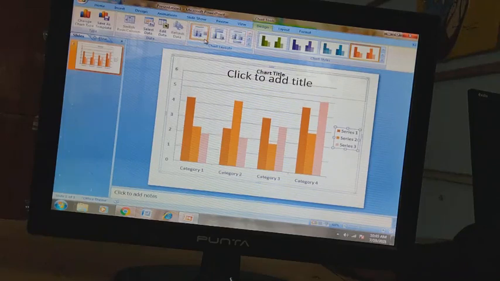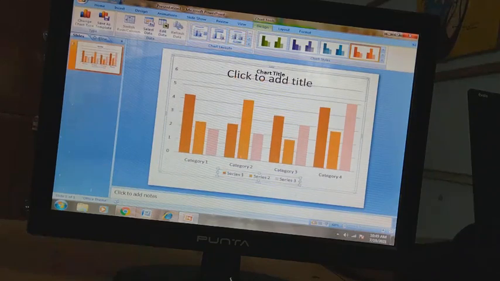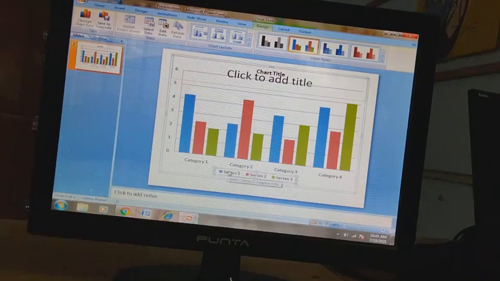But we don't require all this, as we already have it like this. We can see the data like this. This is the way it is given in your book. The legend at the bottom here, you can see Series 1, Series 2, Series 3. This is how the legend is represented in your book. From the chart layout, the user can place this legend wherever he wants in the chart area. See, I can place it from here to here. I can move this legend anywhere inside our chart area.